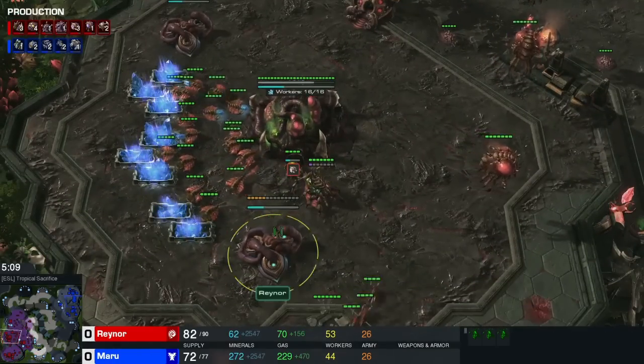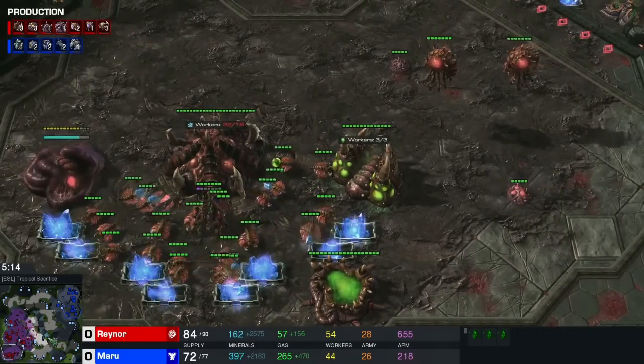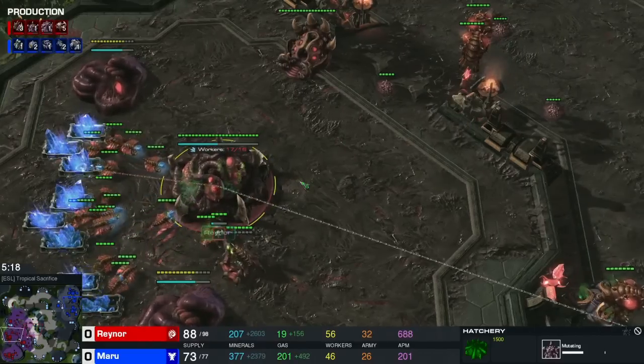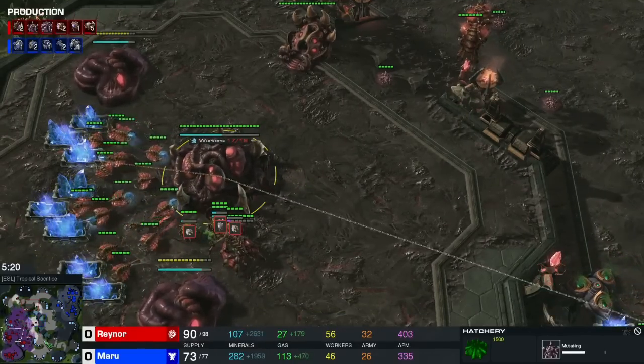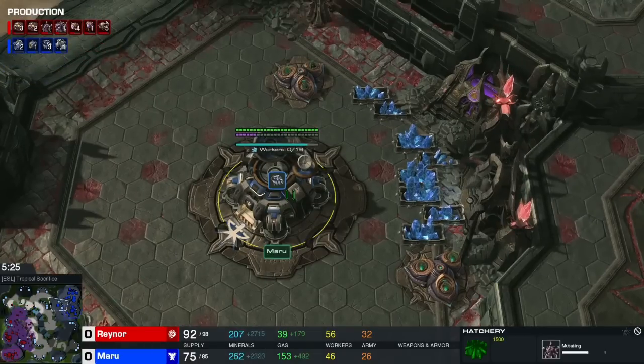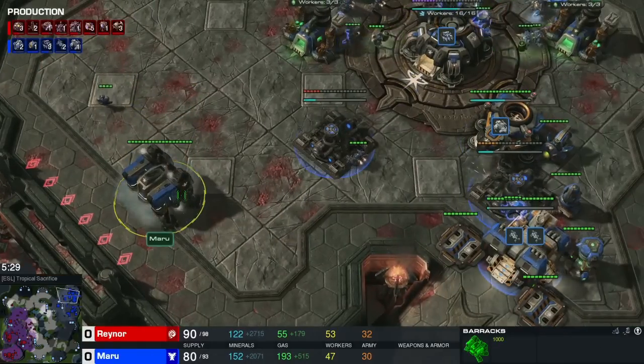I believe he's also having some queens at home, as more and more Zerglings are getting spawned. So nice job here by REYNOR. No tier yet for him. Oh no, there is his tier 2. So he might transition into some lurkers, he might transition into some mutalisks. We're about to find out, as MARU also took finally his second expansion, and he might add more and more